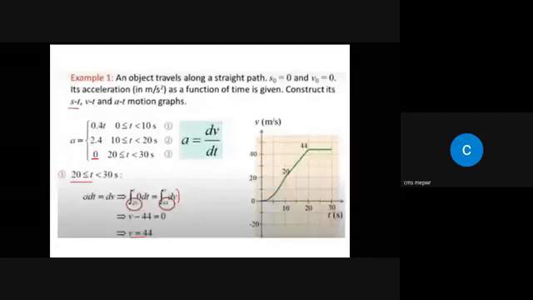If you take the integral of 0.4t with respect to time, what will be the answer? t square divided by 2 into 0.4, so 0.2 t square, right? 0.4t का आप इंटीग्रल ले लें, क्या आएगा? 0.2 t स्क्वायर आ जाएगा ना।